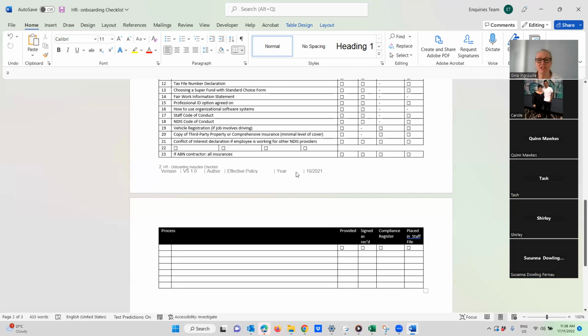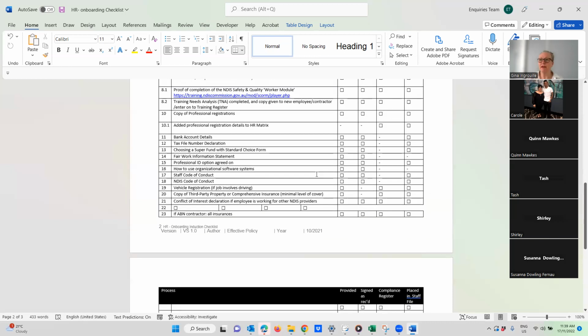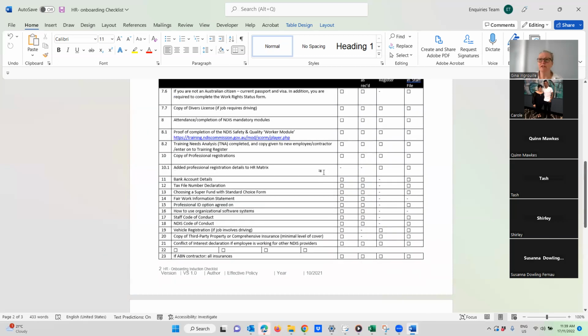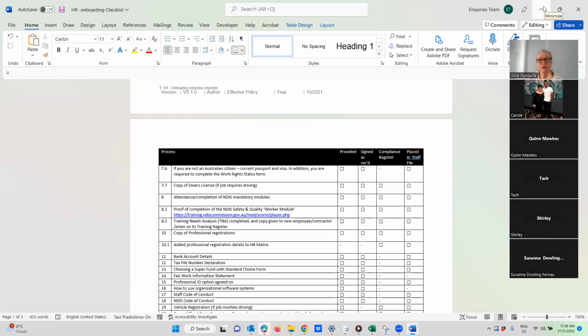I learned about managers and directors' liability insurance because when I had to let the most toxic staff member I'd ever worked with go, for the sake of all the other staff, I did have to make a payout from that not-for-profit, and the directors and officers' liability insurance allowed me to make a claim on that, which was fantastic. So sometimes I've learned the hard way, but as long as we learn, it doesn't matter how we learn. I'd like to save you the opportunity of having to learn the hard way. So these are the things we want to see in the file. So you can see if they're not there, then the onboarding is not quite compliant.